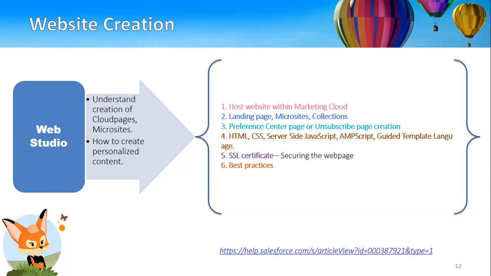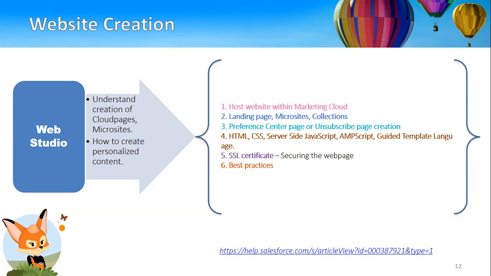You can also start creating some simple form. If you are very new to Web Studio, then the first thing you need to start with is creating a simple form. It can have just two to three fields, like first name, last name, email address, in the form of a normal form with a submit button. You can just create it and work on it, and you might fail at the beginning, but if you learn from failure, then you can succeed. Based on that, you can create some wonderful websites based on your learning.